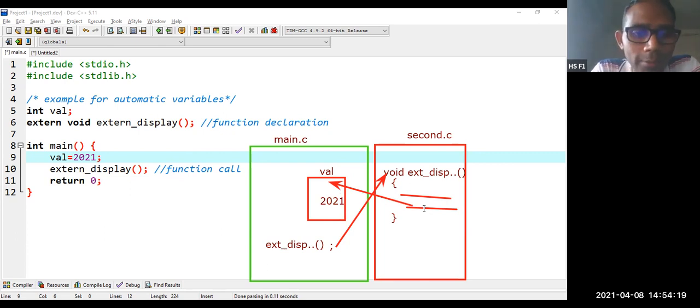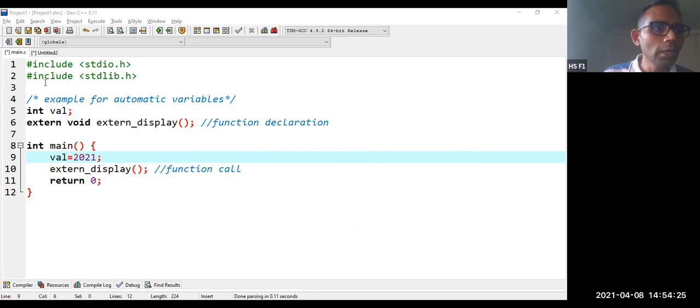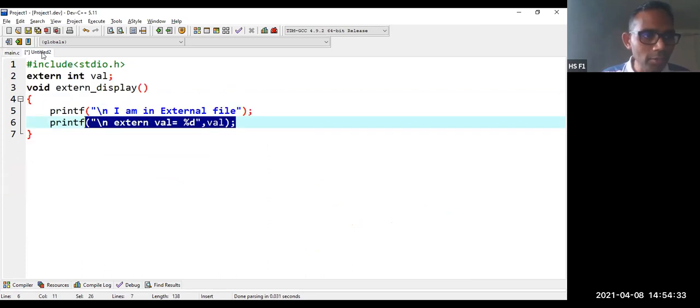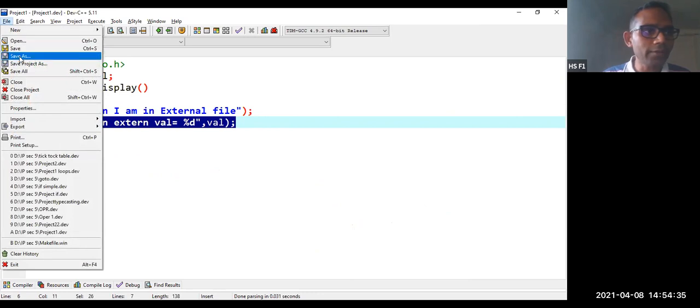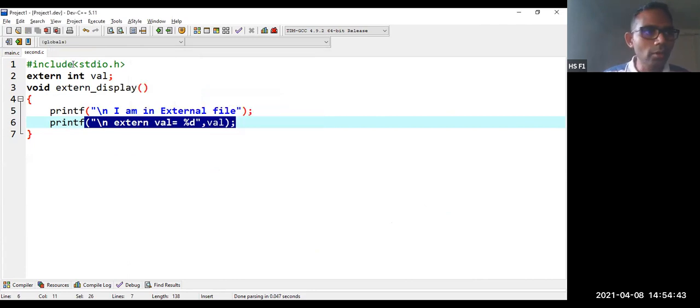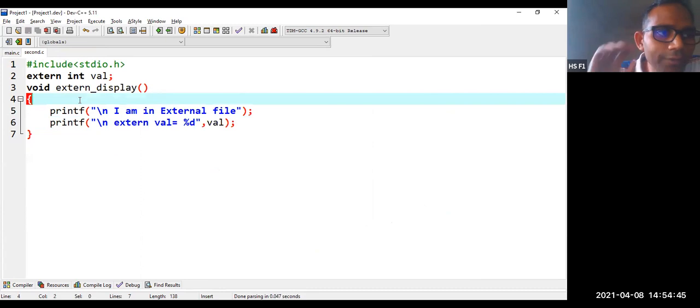Two different programs. Okay, now let us get back to the program. I'm clearing this. Let me save this particular program, Control S. I have saved main.c, there is no star. Coming to untitled 2, I have to save as second.c. You can see here there is now second.c in the list.